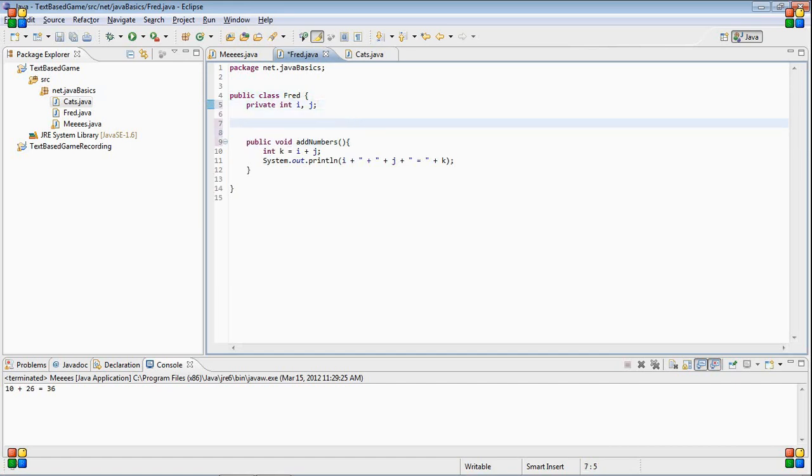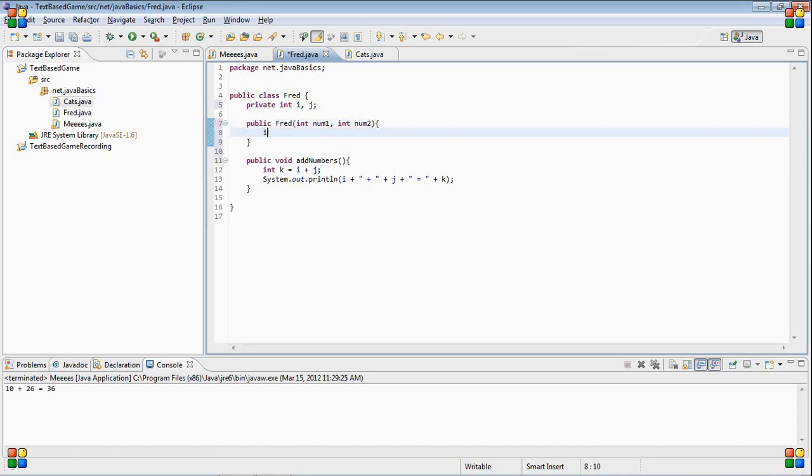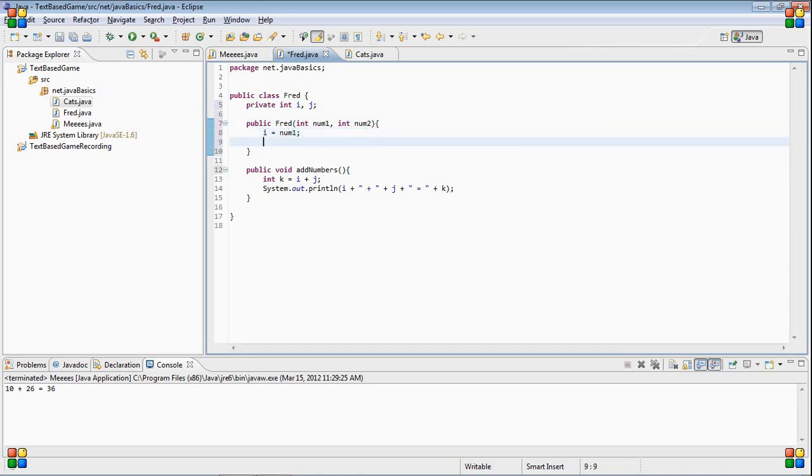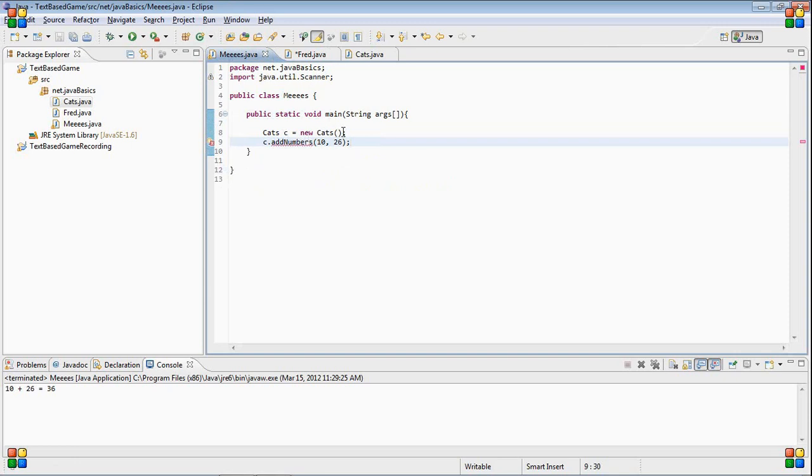So now let's make our constructor. Int num1, int num2. i equals num1, j equals num2. Okay, so now when we create our Fred,